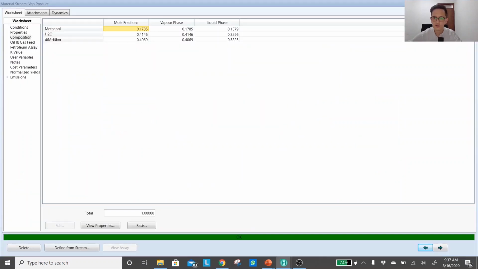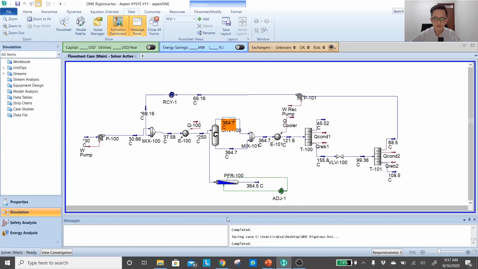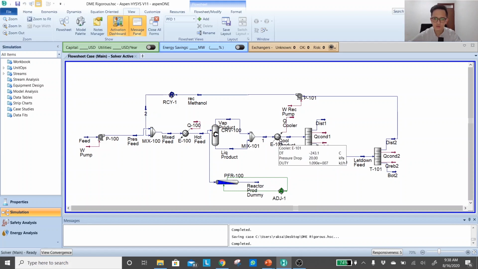So you can realize that if we already finish with the complete loop of the simulation, it's actually very fast to finish the sizing of the PFR. Okay, and even if you want to connect it with the actual stream, it's not going to cause us a problem. Okay, so let's say now the stream 1, which is going to the cooler, will be replaced with my actual stream coming out from the reactor. Okay, so you can save it just in case.